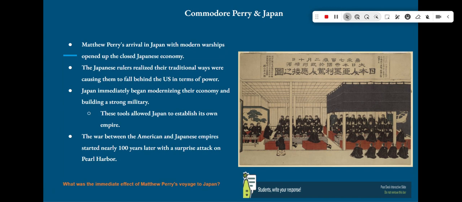So this is imperialism. Again, it's a country using military force to expand its influence beyond its borders. And in this unit, what we're going to look at is how the United States starts using imperialism to grow ourselves into the world power and to grow into the status of world power that we currently hold.